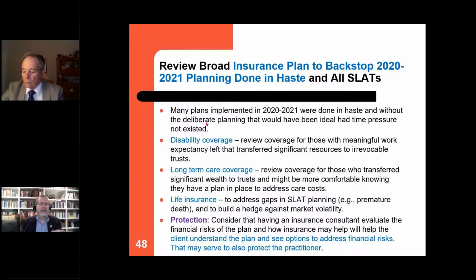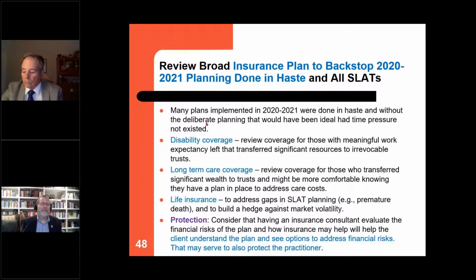Disability and long-term care, same concept. The client's 50 years old and doesn't need disability insurance. They've got $20 million in the bank. They're fine. Well, maybe they are, maybe they aren't. A lot of it depends on lifestyle expenses, burn rate, et cetera. I'm not going to get into the details. The financial advisors and wealth advisors can help you with that. But the point is, if they just go and put $10 million into each of two non-reciprocal SLATs, even though they have access, and Jonathan's going to tell you how to give them even more access,